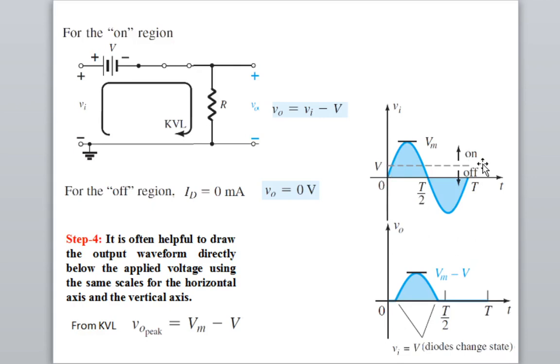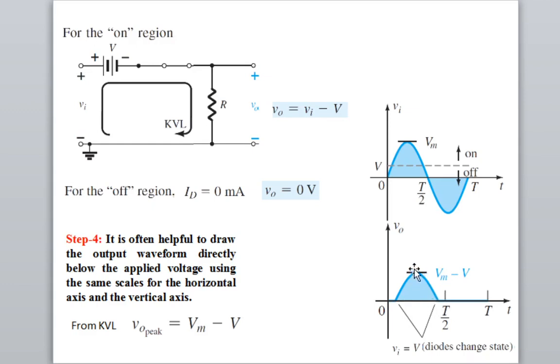And this transition level I have marked down in the input characteristics. So we know when the diode is in on state, it will conduct current only in this region above this dotted line. If you draw a perpendicular line from the dotted line, it will come at this point. It means before this region there will be no output, because here the diode is in reverse bias, in off state. Only this portion of the input signal you will get in the output.